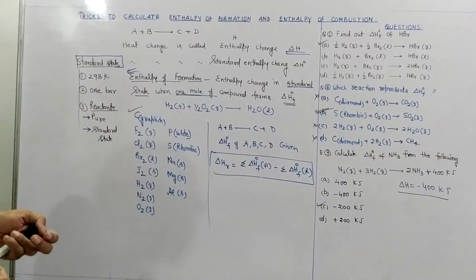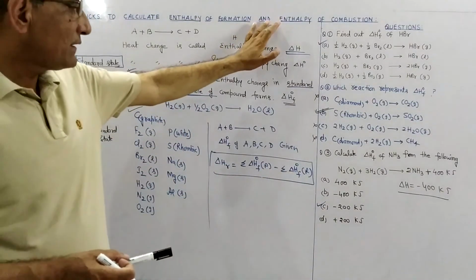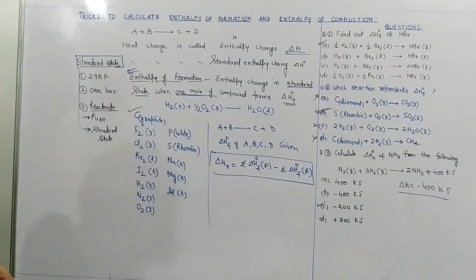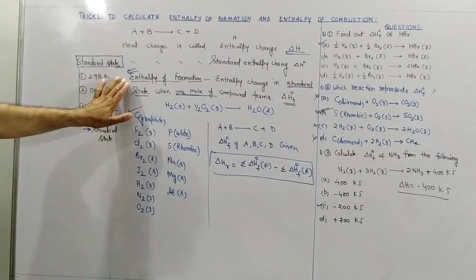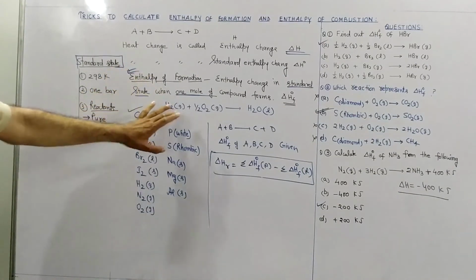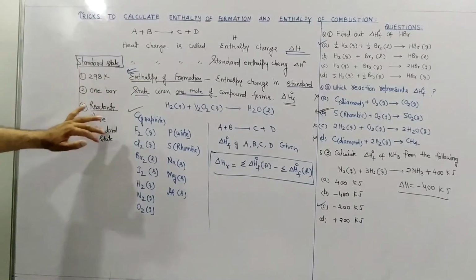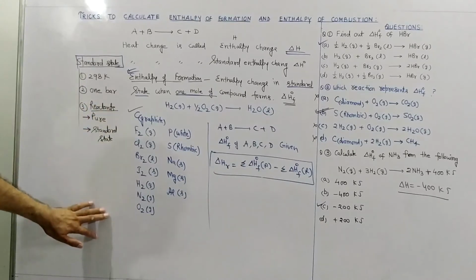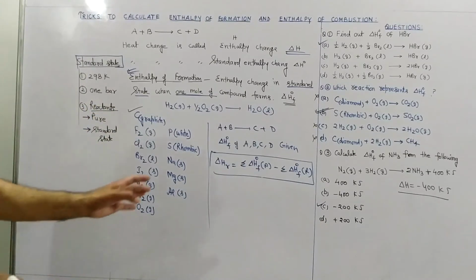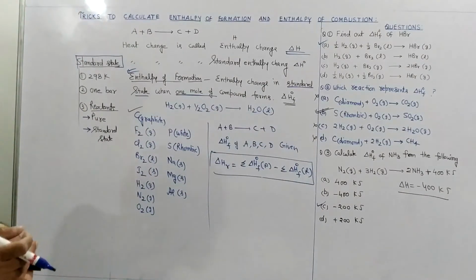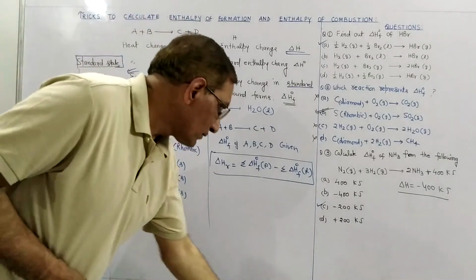And just now we are going to discuss enthalpy of combustion. In this case, it is reactant minus product. I hope this part is clear to all of you. What is enthalpy of formation? What is standard enthalpy of formation? What are the standard states? I gave you some examples of standard states of various elements, and we did these questions also. These questions have been asked in various entrance examinations. Now we will discuss enthalpy of combustion.